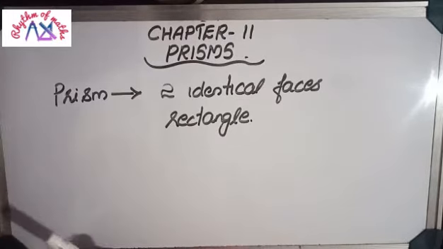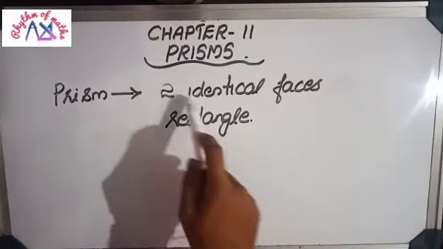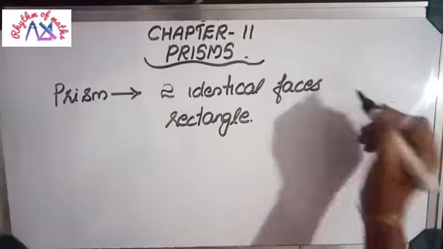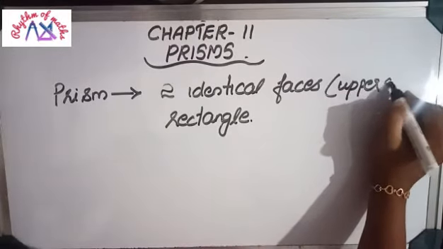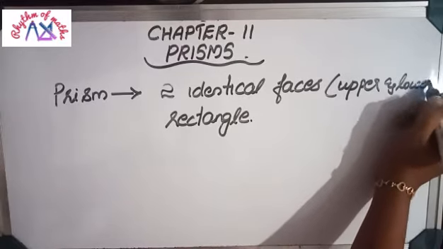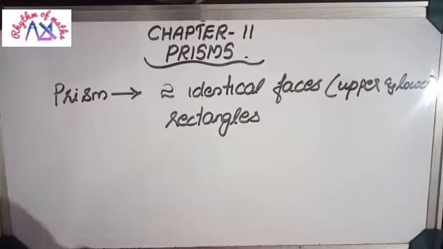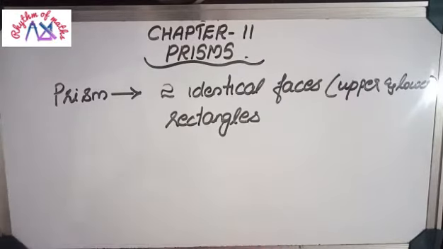So a prism means it has two bases, upper and lower. Those two faces will be the same. Two identical faces in the upper portion and in the lower portion. And these two faces are joined by rectangles. That is, the portion around will be rectangles. That shape is known as a prism. For example,